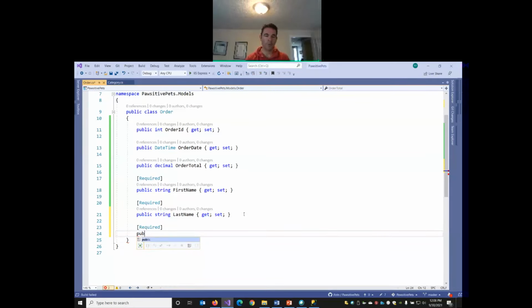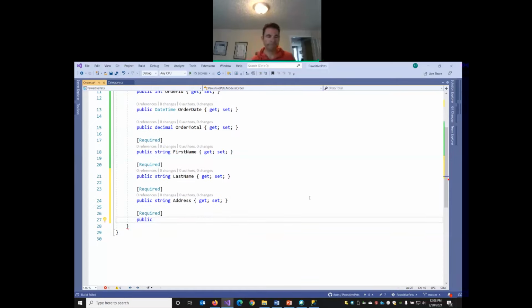So we're going to put in a bunch more string values here. Address. And city. So this is just kind of monotonous grunt work. We've already done the thinking. We've already planned it out. We're just now writing the code implementation of our database diagram. We'll have address, city,